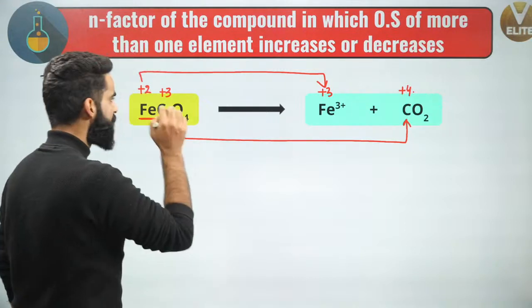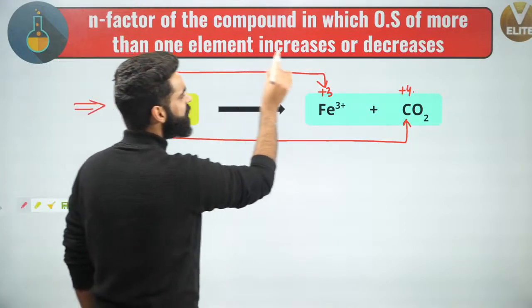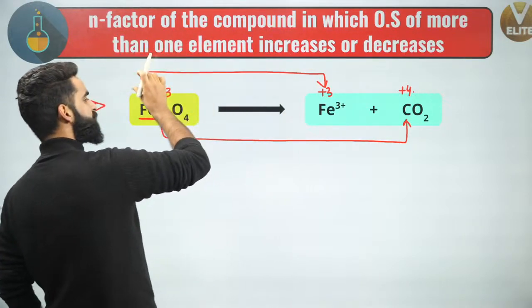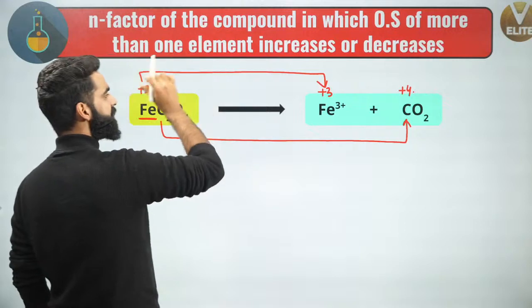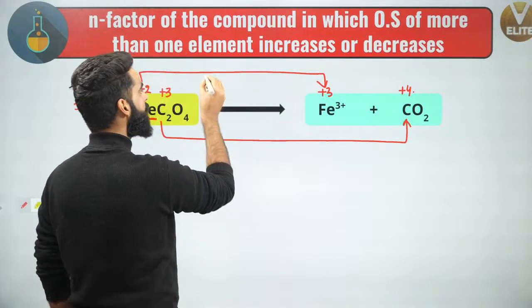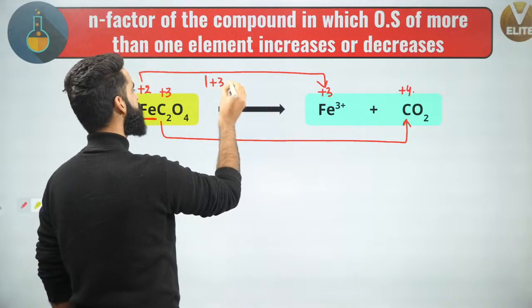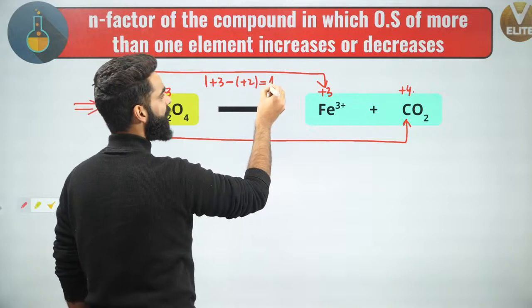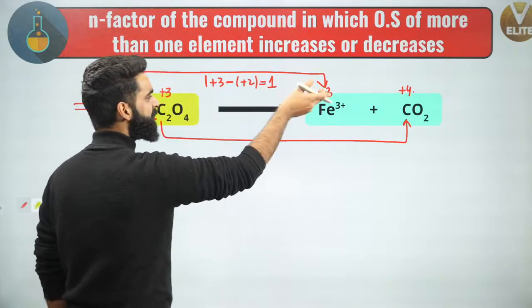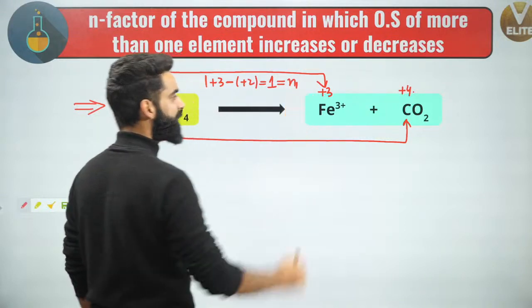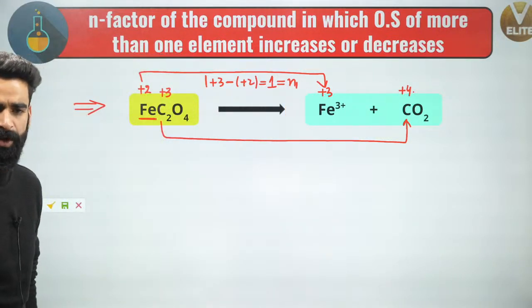Understand, guys, very simple. First of all, I'll calculate the change in the oxidation state of iron, which is going to be the final oxidation state of iron minus the initial oxidation state. Final minus initial, take the mod, and you'll get the value as 1. Let me write in detail: the final oxidation state of iron is +3, the initial oxidation state of iron is +2. Yes, you'll get the value as 1. So 1 is the change in the oxidation state of iron. I'll call this one N1, I'll represent it with the N1 sign, okay?